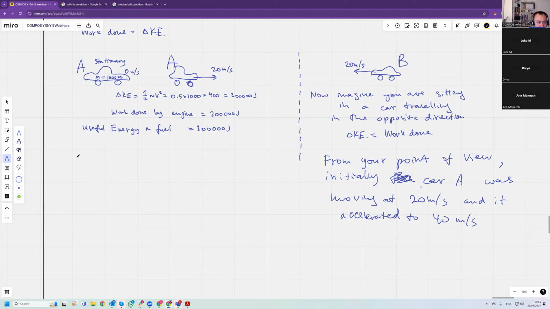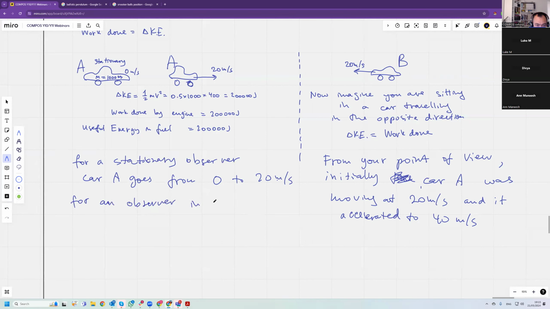So for a stationary observer, car A goes from 0 to 20 meters a second. For an observer in car B,